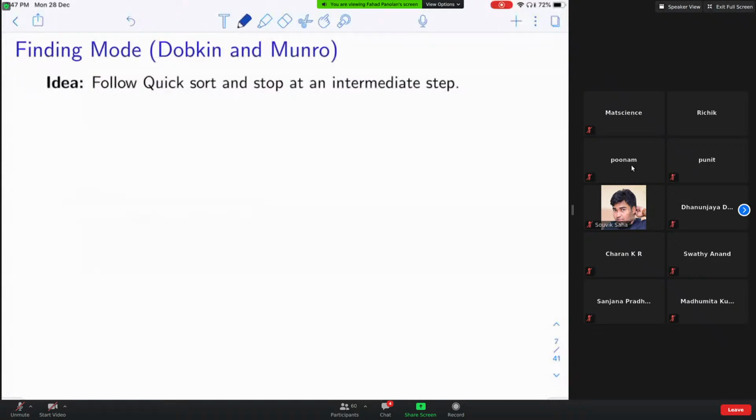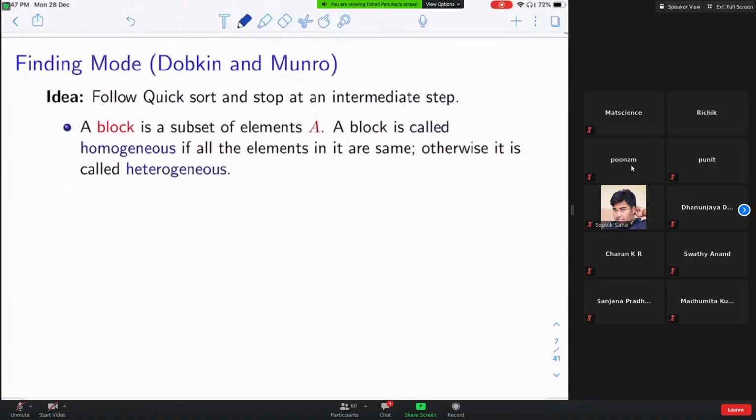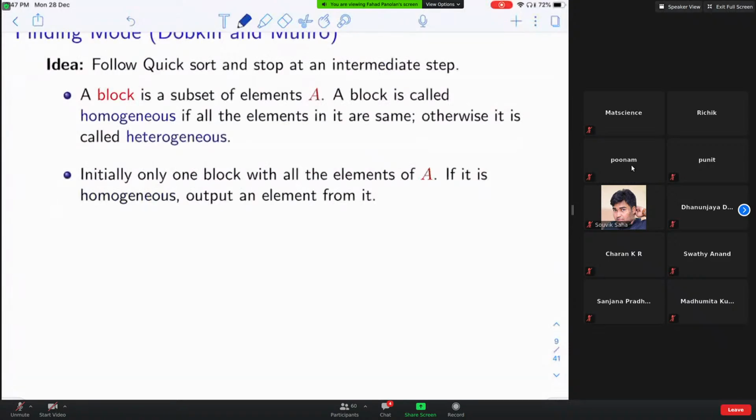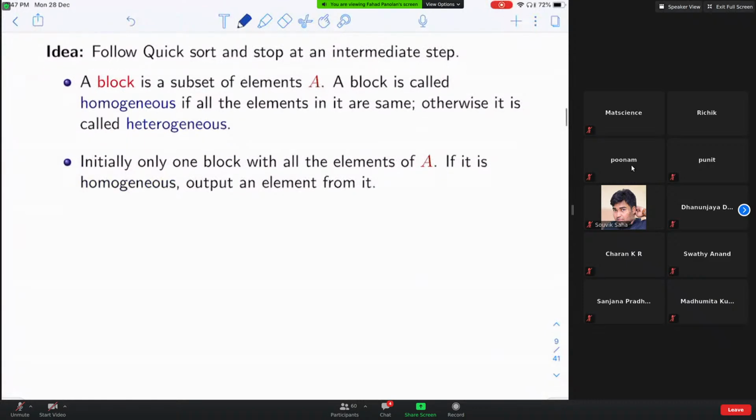Okay. Now let's see the algorithm. A block is a subset of A. A block is called homogeneous if all its elements are the same, and otherwise it is called heterogeneous. Initially we will have one block, which is A. If it is homogeneous, which means that all the elements in the array A are same, then you just output that element. Otherwise, what you do is